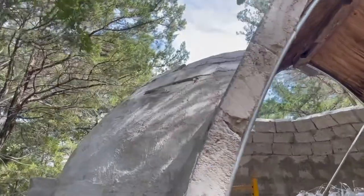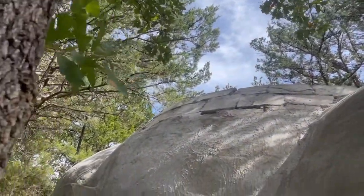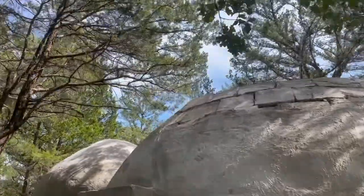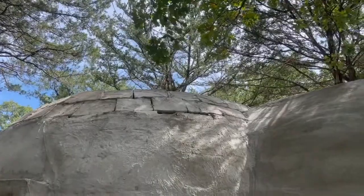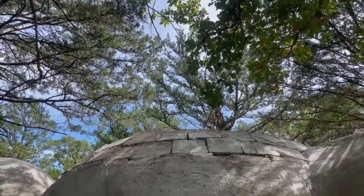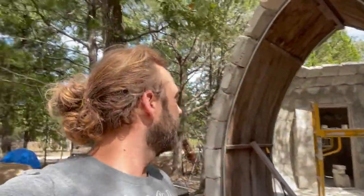This is what it looks like when it's not rasped. You can see all the rough edges, and it's more just like a bunch of squares instead of something round. So you just have to smooth that down. I need to do one more layer up there before I rasp. So when I come back tomorrow, I'll go ahead and do that other layer, mortar in this, and